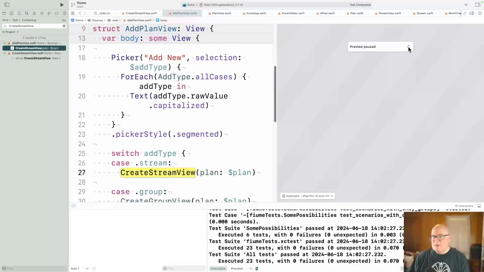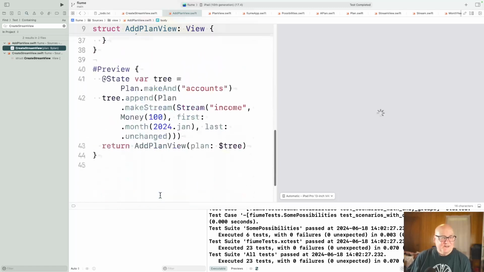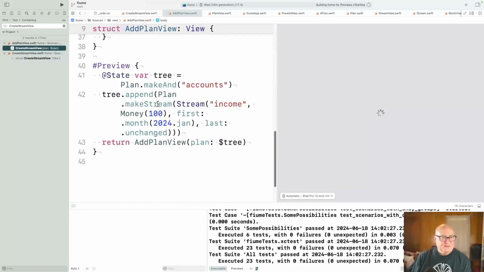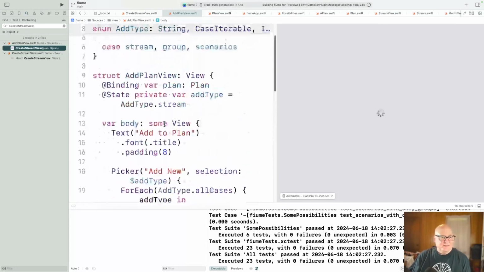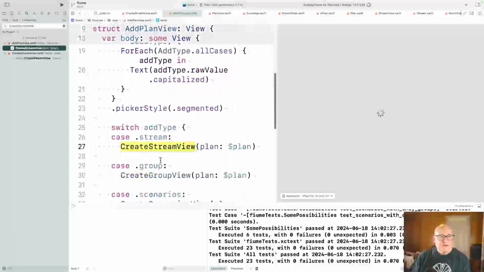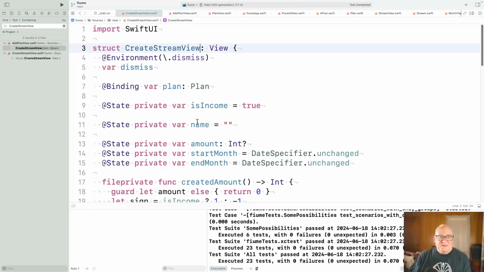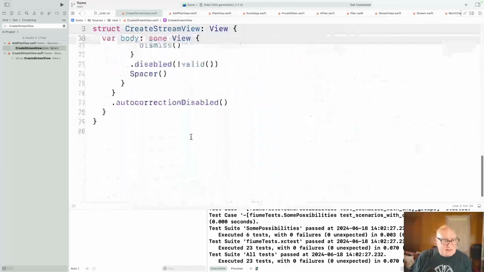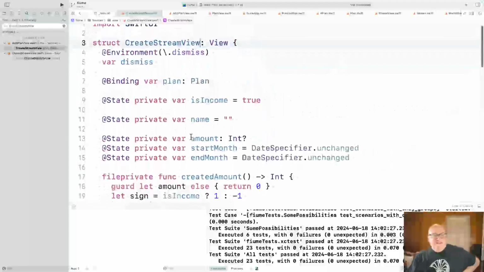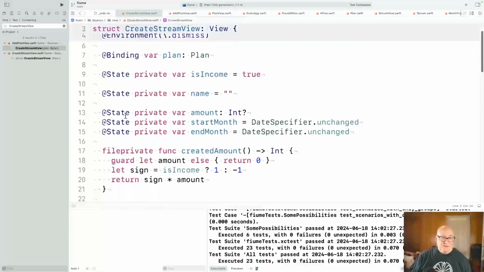Well, let's see if our preview works. At any rate, I have an example here. Add plan view. Okay, and then create stream view. Previews are so darn slow. Okay, so I'll just take a look. I think this one doesn't have an example. Okay, so anyway, what it has today,